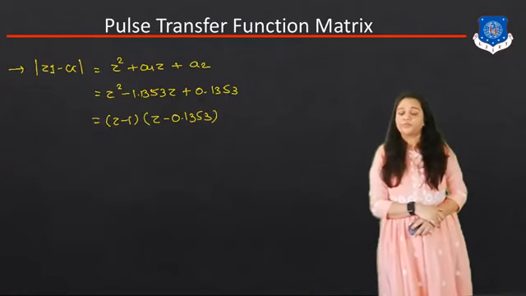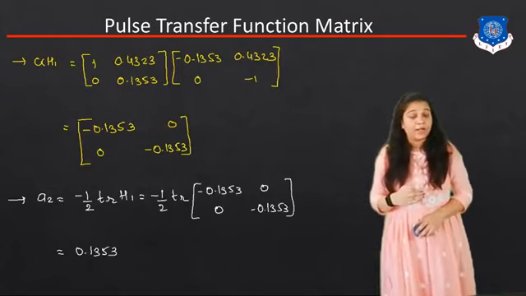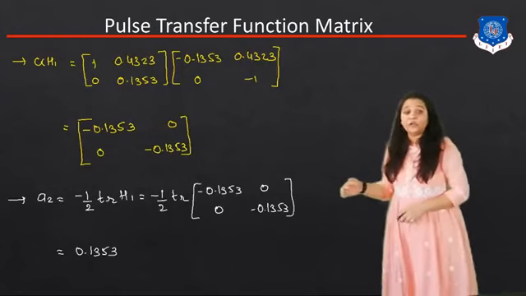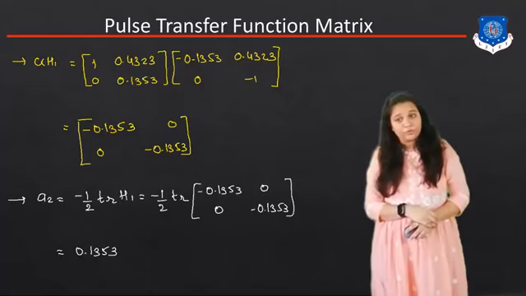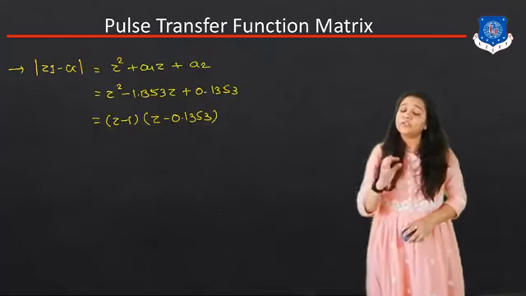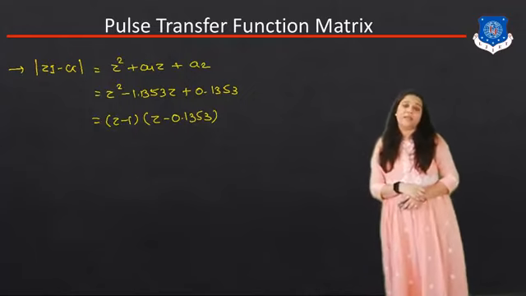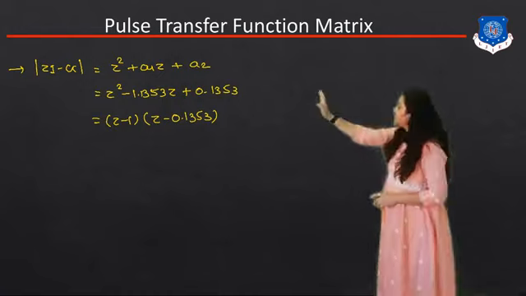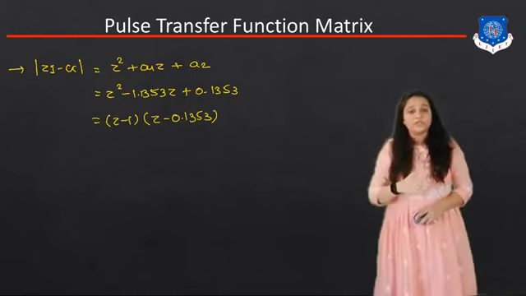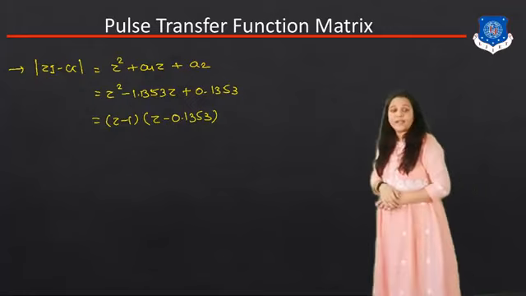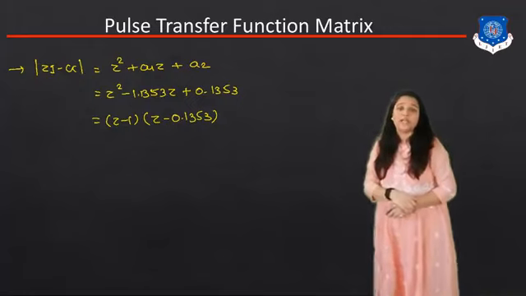Now we can find the value of H2. After a2, we get the value of H2 as 0. Then next we simply write the equation to find the value of |zI - G|. It is z^2 + a1 z + a2. If we get the value of a3, then what is the equation of |zI - G|? It becomes z^3 + a1 z^2 + a2 z + a3.